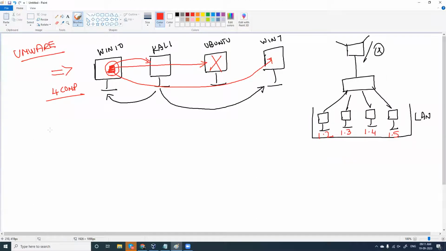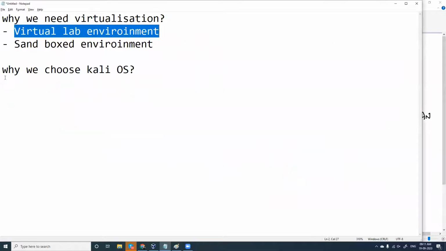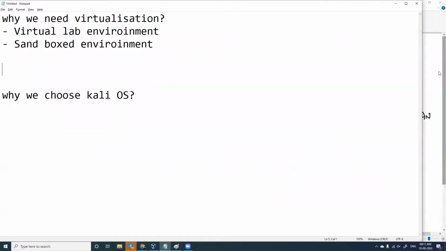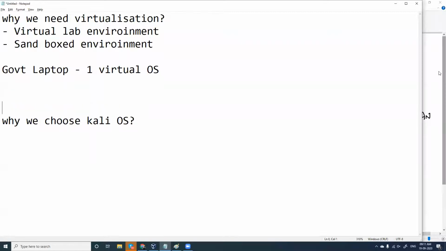In case you have a government laptop with 4 GB RAM, you can run one virtual OS. You can run one virtual OS in your government laptop, which is of low configuration, and obviously you can install one operating system in VirtualBox and run this.